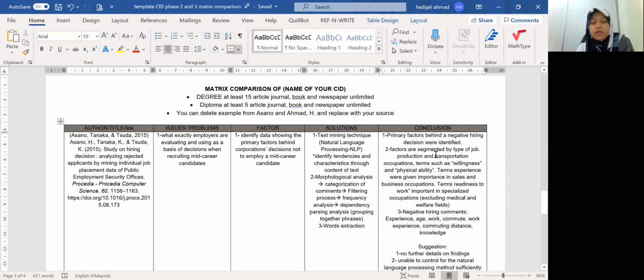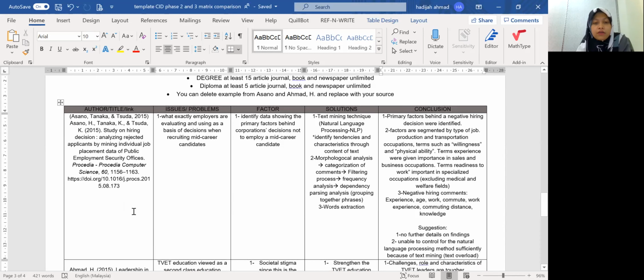I think I have taught you how to find a credible article journal, or finding the source from books or from newspaper. For the article journal, you can simply search from Google Scholar.